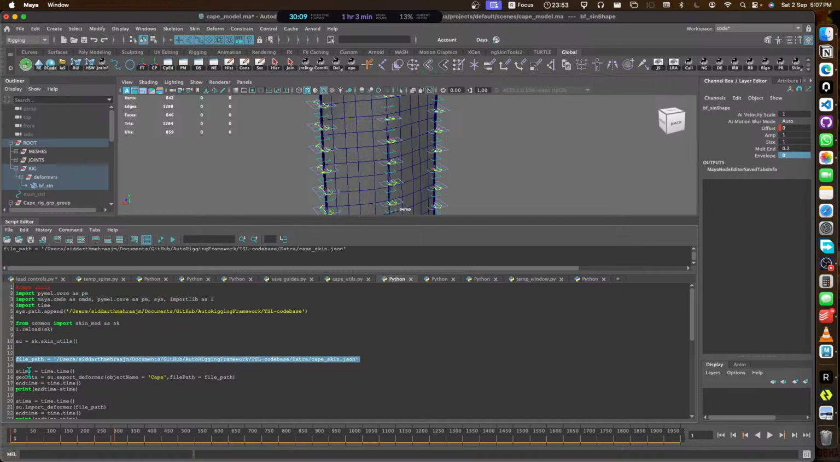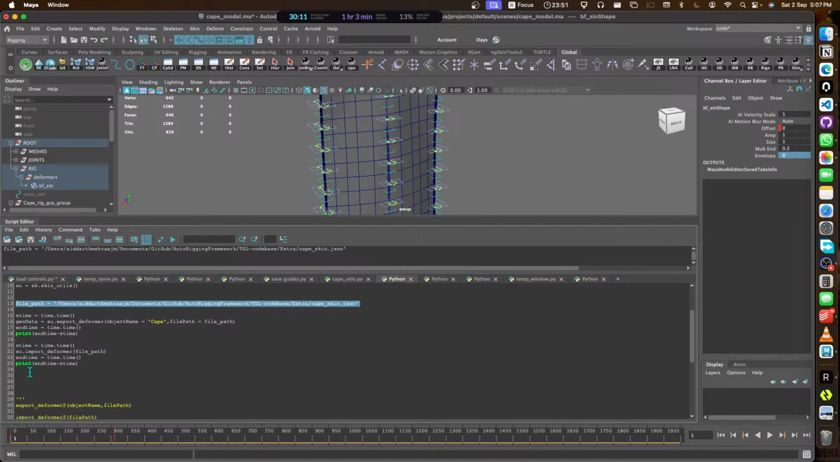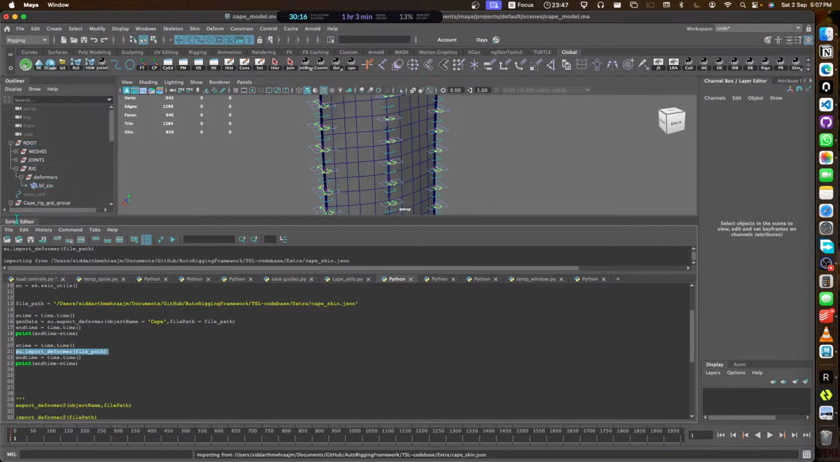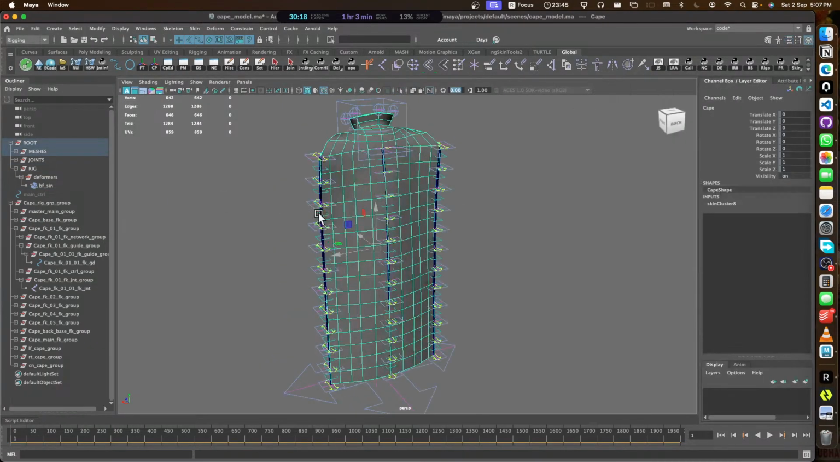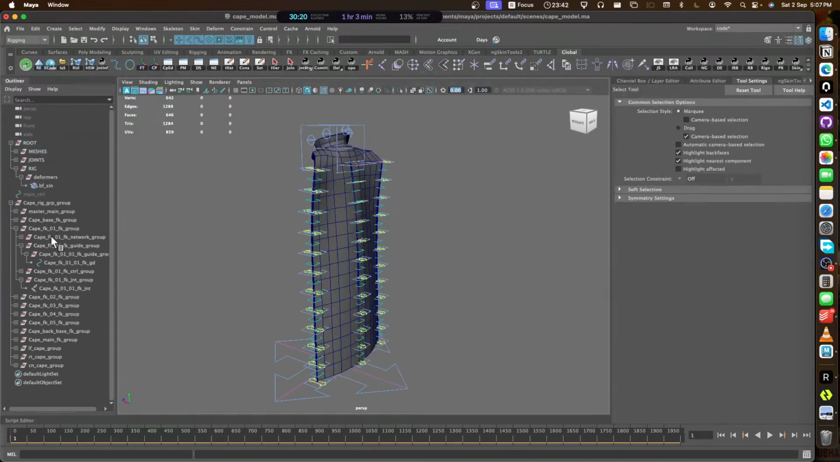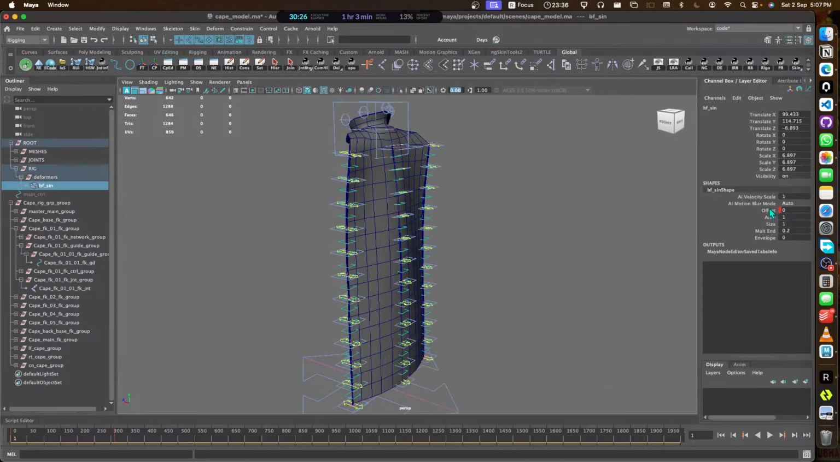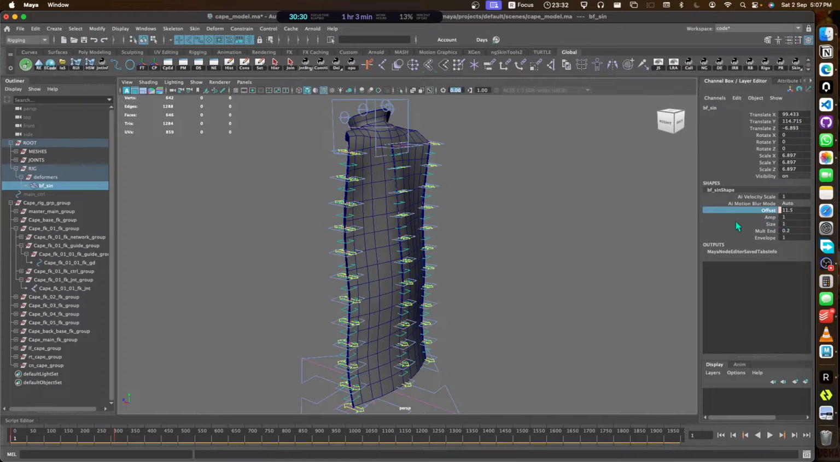This is my file path. Where is the import deformer? Yeah, okay. This did it. Yeah, it got the skin cluster. I imported a skin cluster. I also added a skin. What is it called? So put one here. So if you see now, it has a